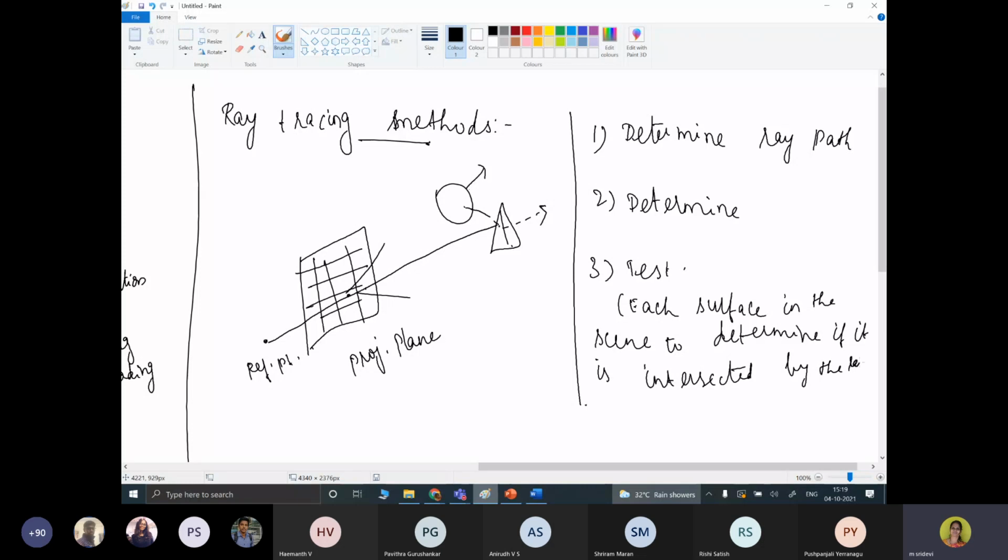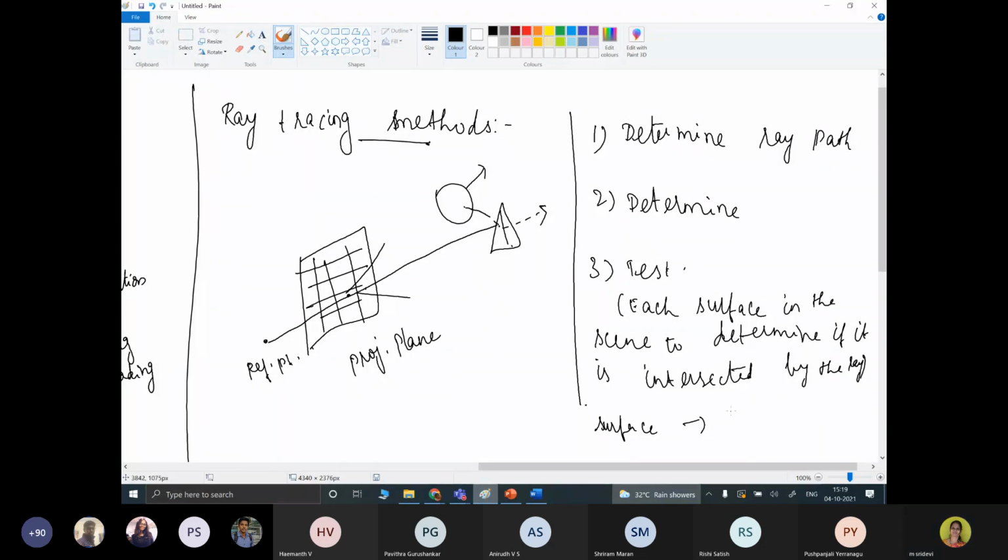If the surface is intersected, then we need to calculate the distance from the pixel to the surface intersection point.